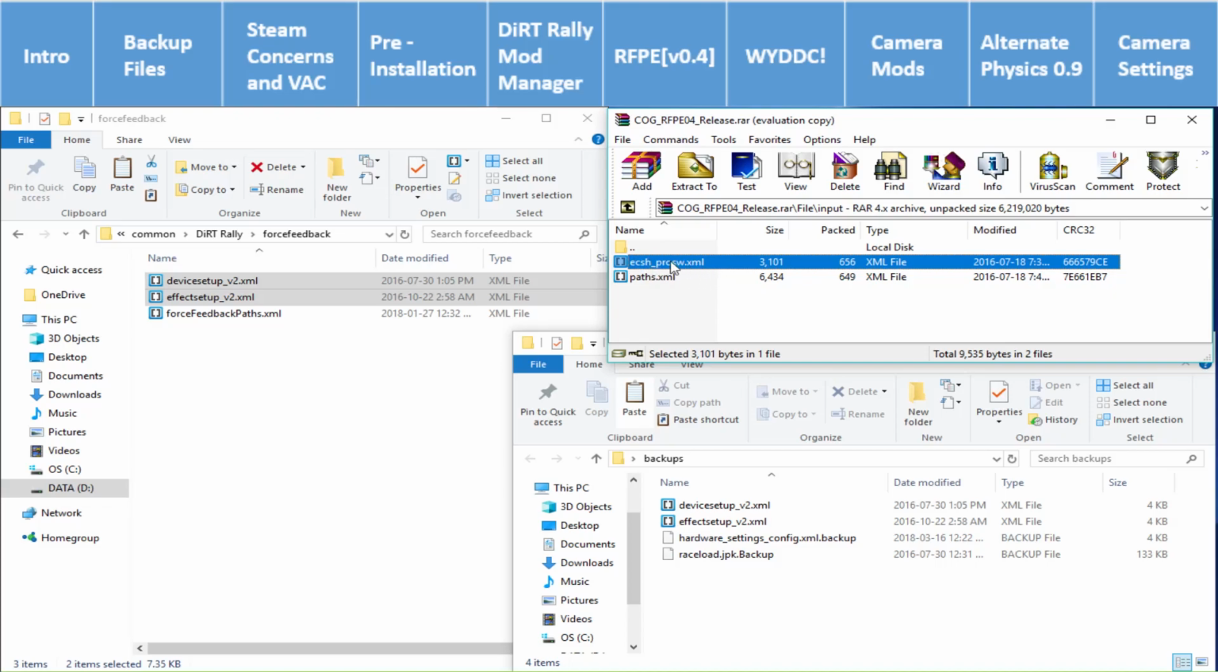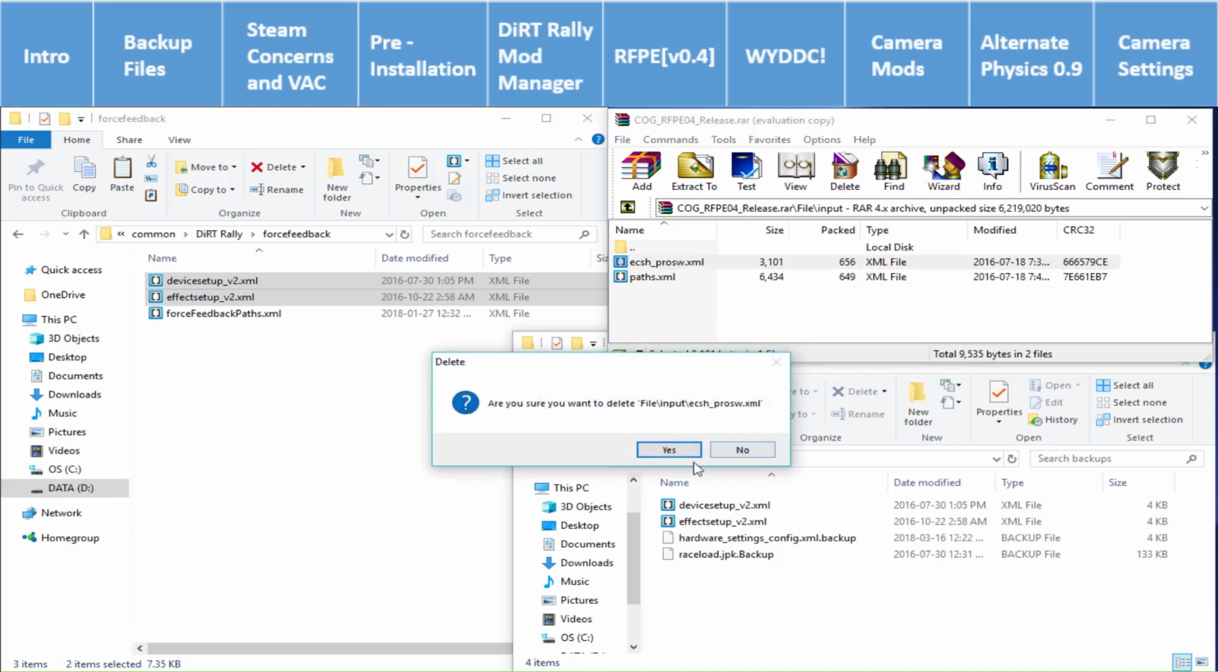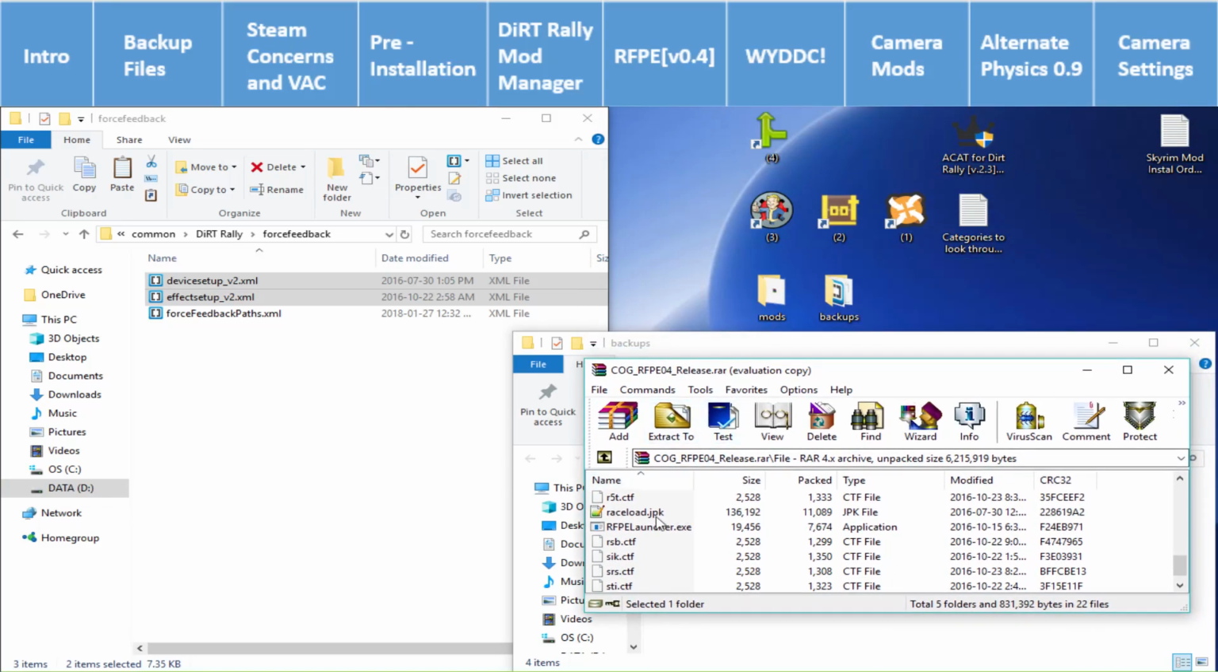This doesn't do anything but add, apparently, a gamepad profile, so you can delete that. And that's it. Everything should be okay. Everything should work and run perfectly fine. Now there's another catch. This raceload.jpk